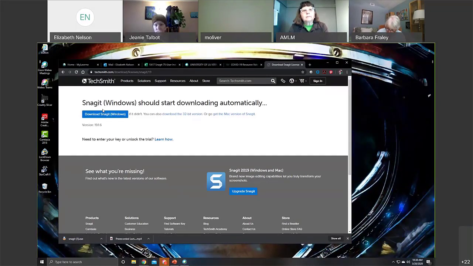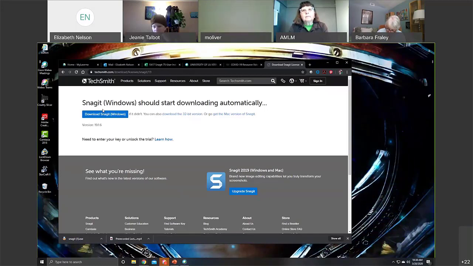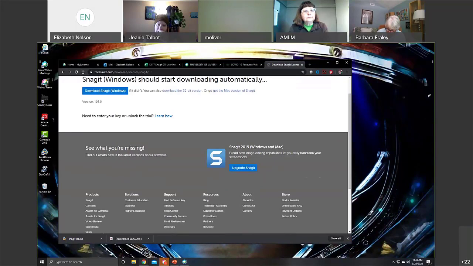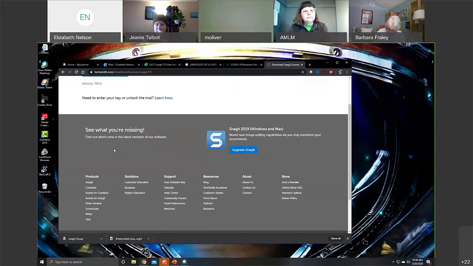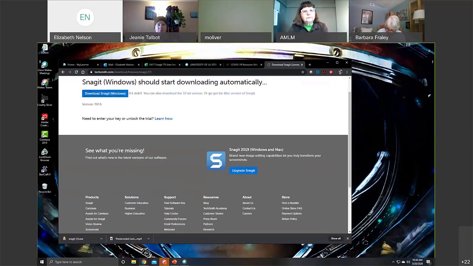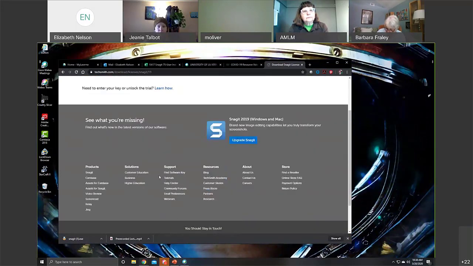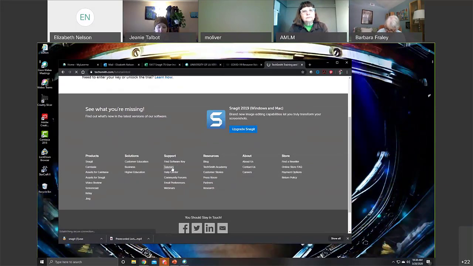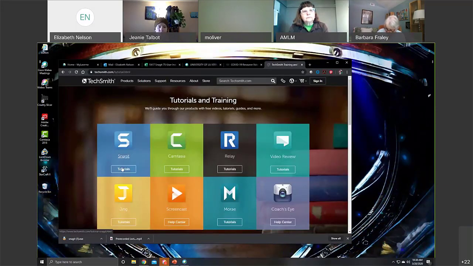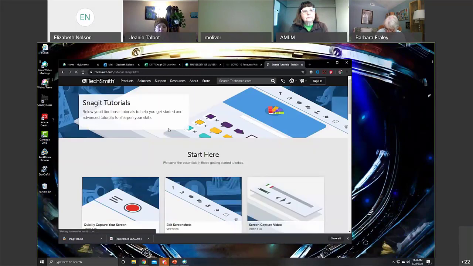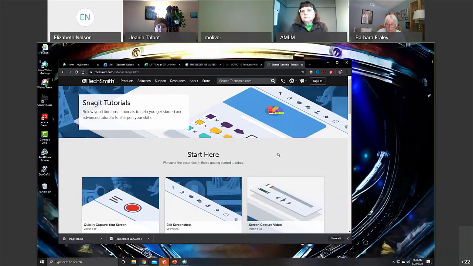Also, TechSmith, the company that makes SnagIt, has fantastic tutorials. You can access those through the program itself, or if you go to any of the TechSmith sites, just scroll down and under support, you can click on tutorials, select the program that you are needing to access,